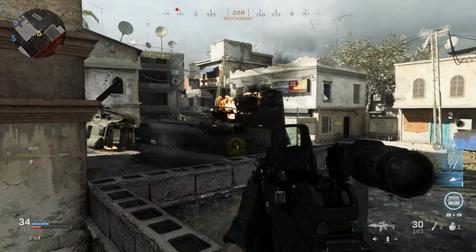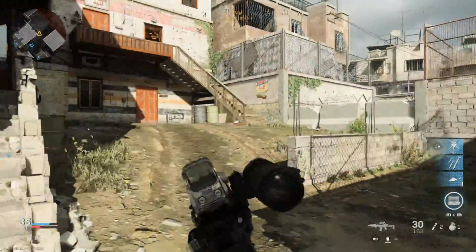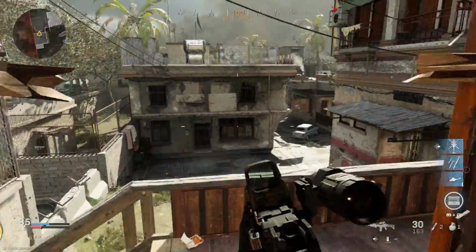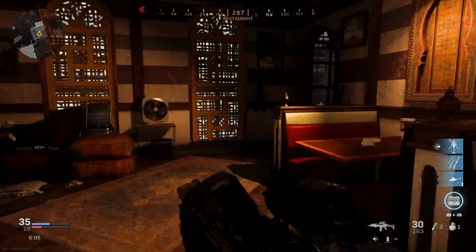Again, you can put some more custom attachments on there if you want it to handle a little bit better, different sights, maybe a different underbarrel attachment, but I do like the way this handles. Now for the effective range for the G36K, since we do have a bit of a longer barrel over the C variant with that 9-inch barrel, it does...